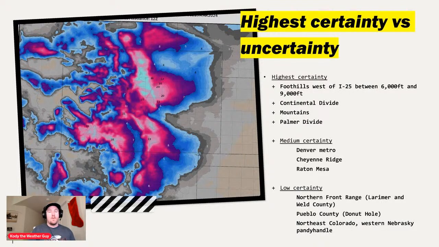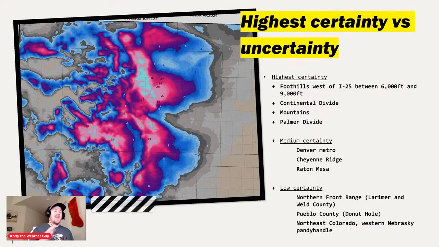And that's because of downsloping. I'll show you that here in just a second. Pueblo County, the donut hole. Unique and fascinating topography there in Pueblo County. You're coming down from Colorado Springs into Pueblo County, and then you pass Pueblo going to Colorado City and Walsenburg, and you come back up out of the donut hole.